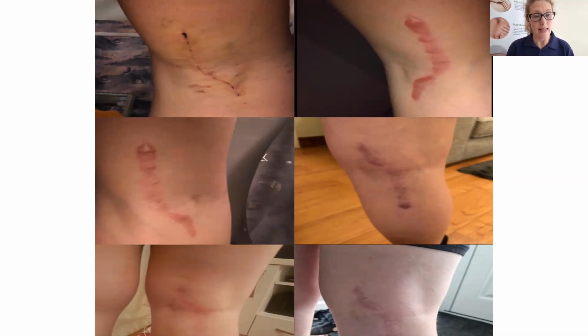So bright red here, and as you can see, it's starting to blend in to the surface. And what I did with the LymphaTouch was work around the scar first of all, to get that blood flow, to get those tissue changes, to change that behavior of the fascial connections underneath the surface of the skin. And you can already see straight away how it started to calm down, blend in, not be so red and